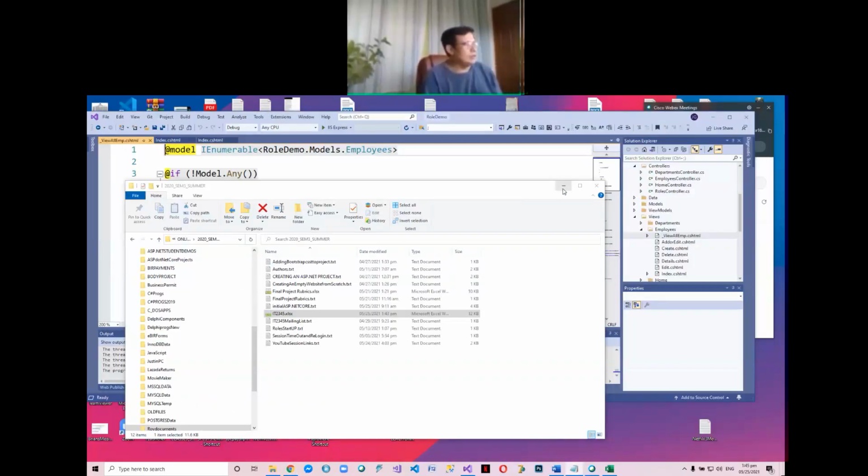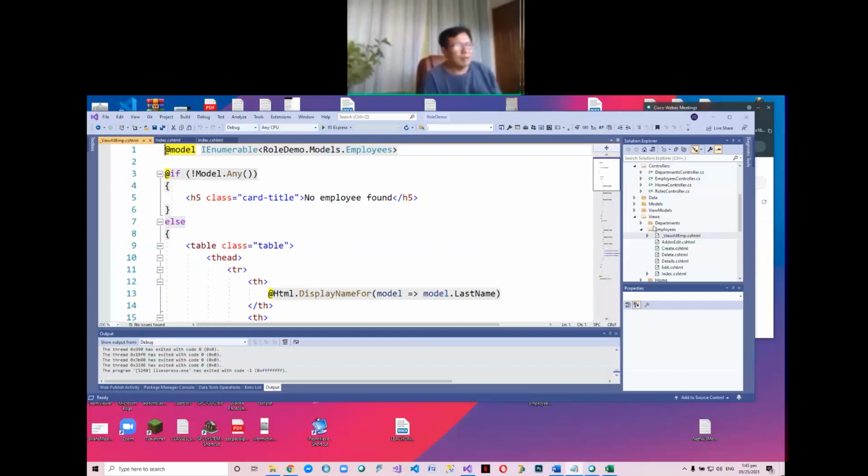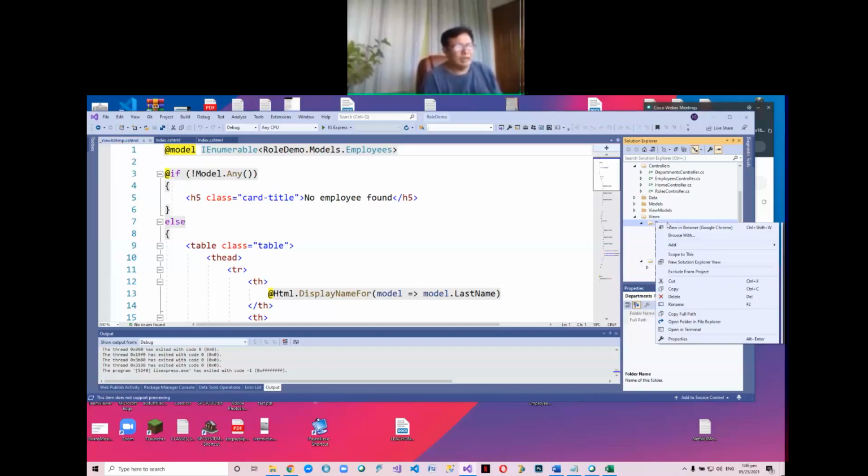Okay? Shall we do that in our departments? Kasi ang ating employee meron ng view all emp. Okay? Ang departments wala pa. Do you follow? So this is the folder where I'd like to create my view. So I go and right click, and then click